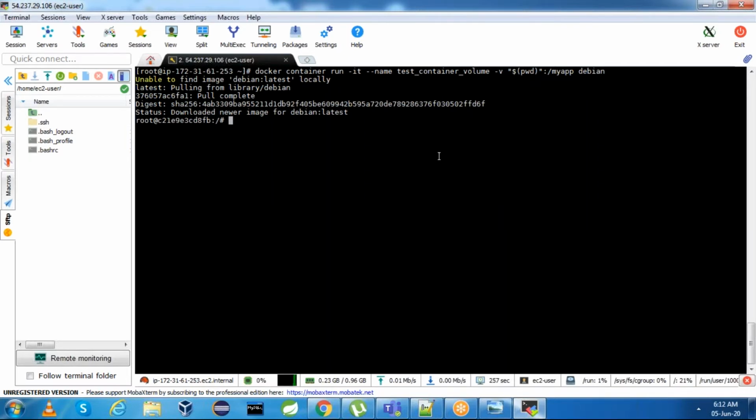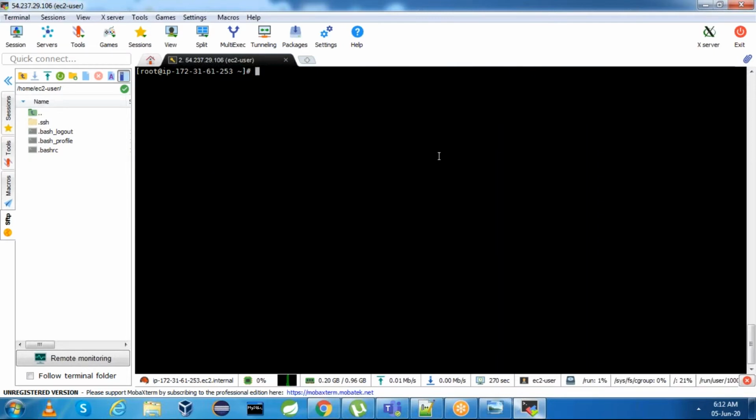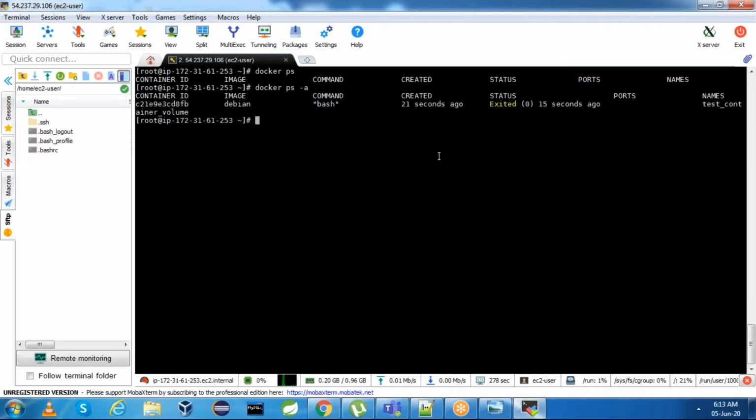I went into the container. If you want, you can exit and see docker ps, docker ps -a. This is the exited container.